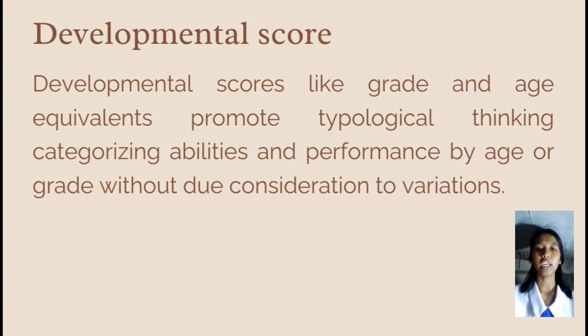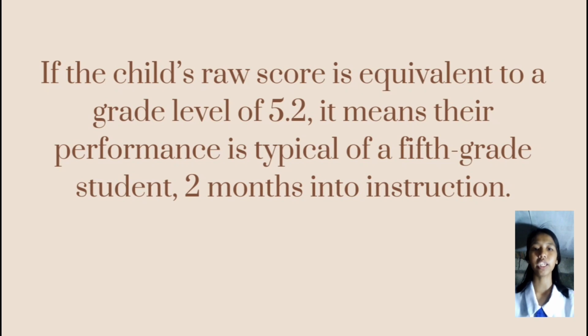So, here's another example of a developmental score. Let's say a child takes an assessment in mathematical problem-solving skills. Their raw score is calculated, which represents the number of problems they answered correctly. This raw score is then compared to a norm group of children in the same age range who also took the test. If the child's raw score is equivalent to a grade level of 5.2, it means their performance is typical of a 5th grade student